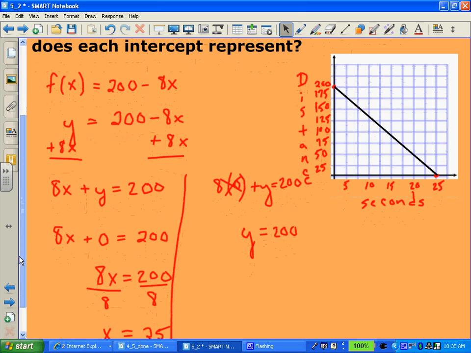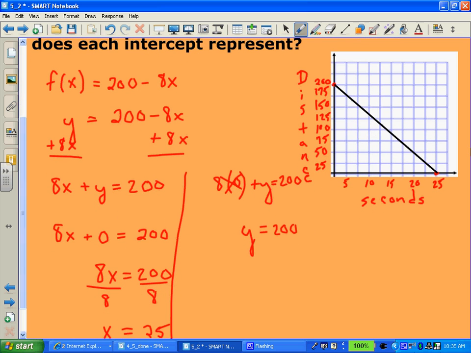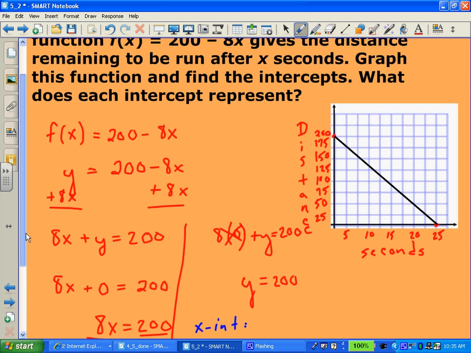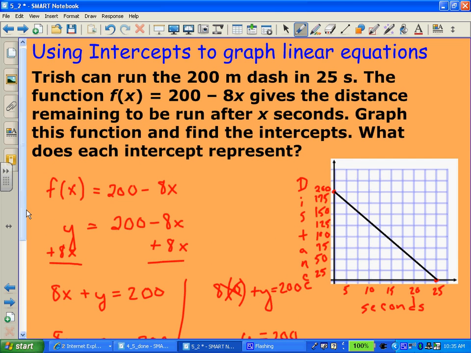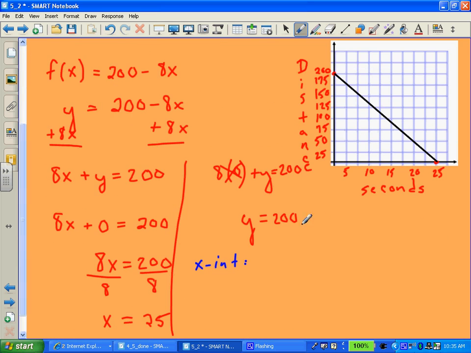Okay, so there's my graph of the story problem. Now the very last thing it says, what does each intercept represent? And it's talking about in this particular story problem. So my x-intercept is 25. What significance does that have in this problem? Well, if I look up here, it says she can run the 200-meter dash in 25 seconds. So the x-intercept represents how long it takes